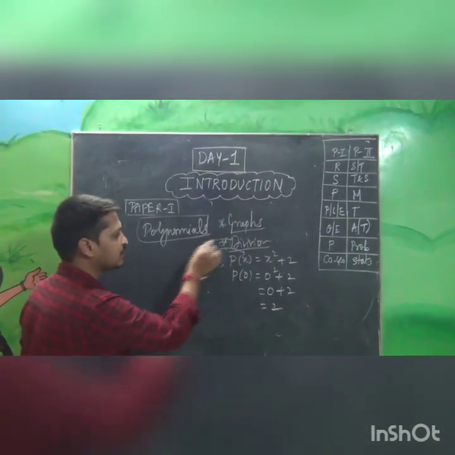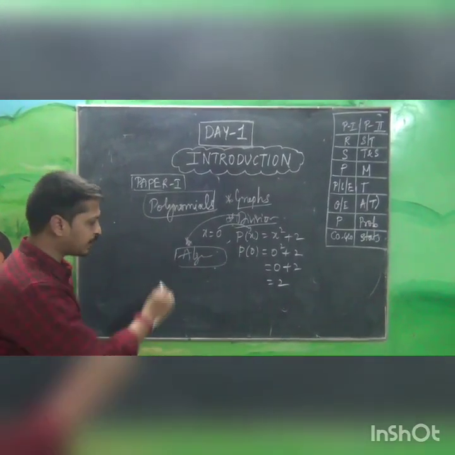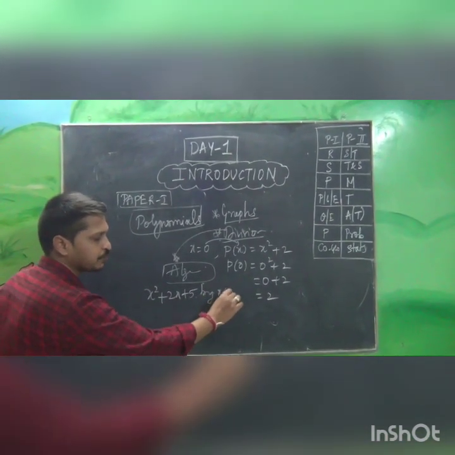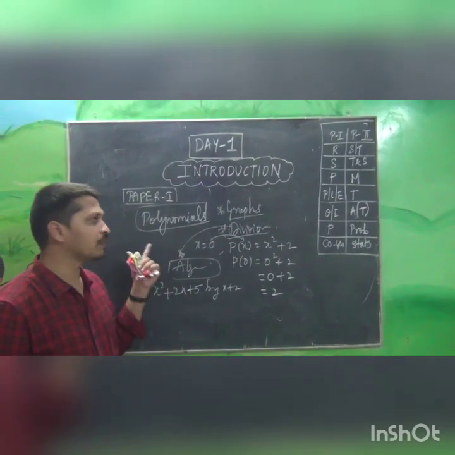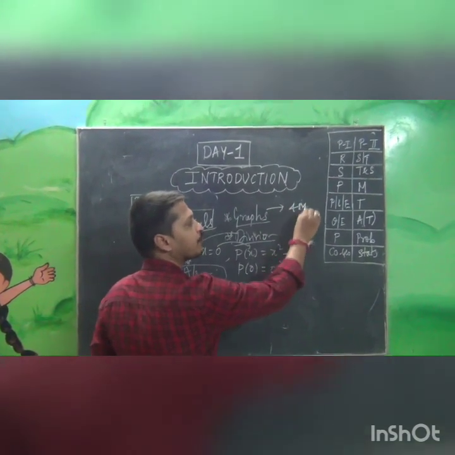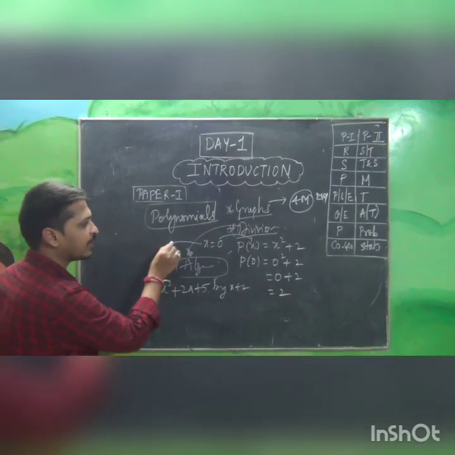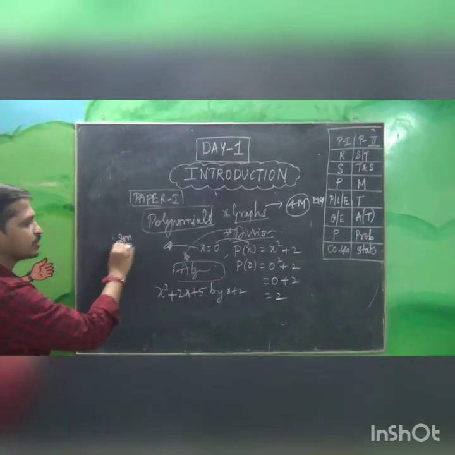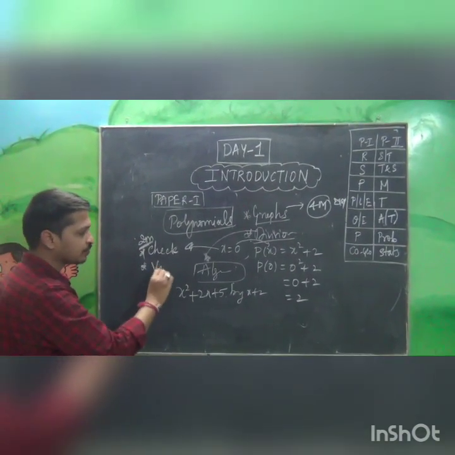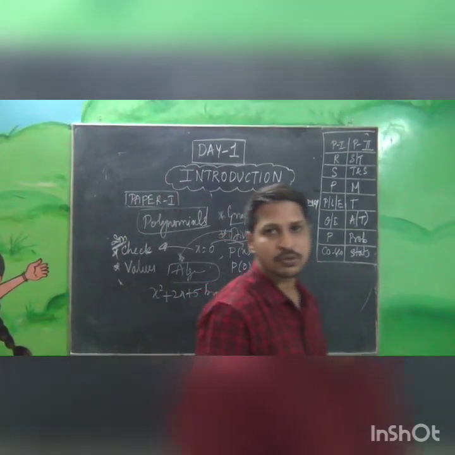Now, when I am talking about the division, we will deal with algebra. Like for example, x square plus 2x plus 5 divided by x plus 2. How we will divide this and everything, we will go through when we are doing polynomials. Again, the graph is a compulsory question for 4 marks. And for small questions like substituting the values, we have 2 marks questions. Like check questions will be there, finding the values. Some few questions will be there which belong to polynomials.